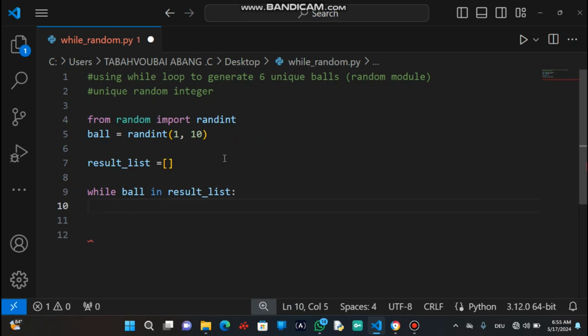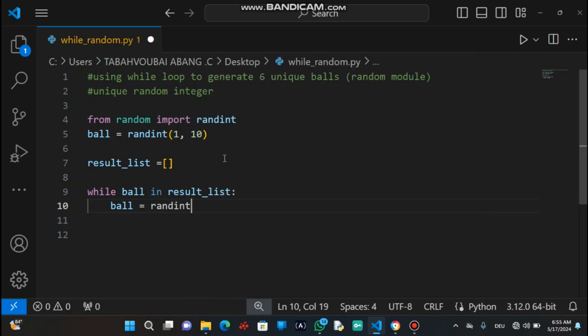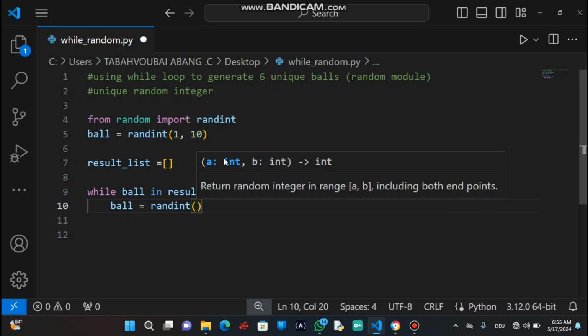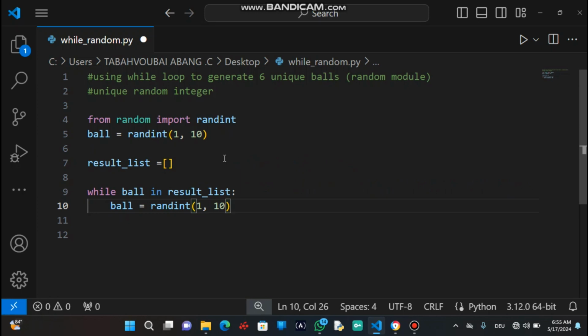You are going to say ball equals randint again. So you have to take back the randint instruction, so that at every moment that the ball is in the list, you have to shuffle back and give back a different value that is not found in the list.